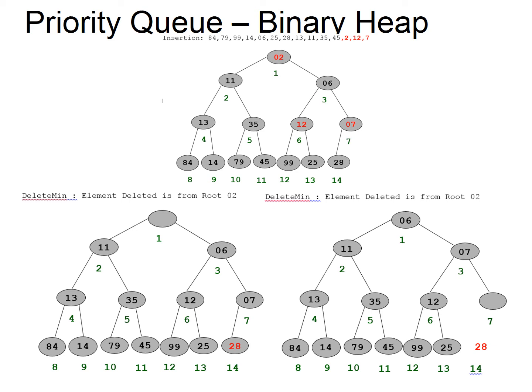So now let us see the delete minimum operation. So here, as I said before, delete minimum will take only one step cycle because the minimum value will always be in the root of the binary heap. So when I perform delete minimum, the root will be deleted. So what happens in the final diagram, from the first node, the value 2 is deleted. You can see in the bottom left image, 2 is deleted from 1.